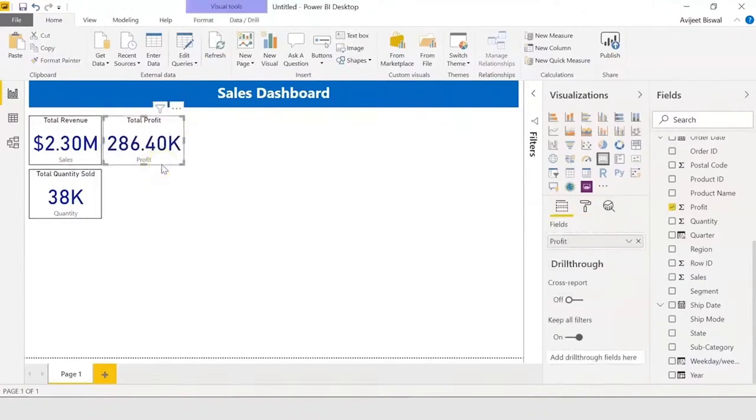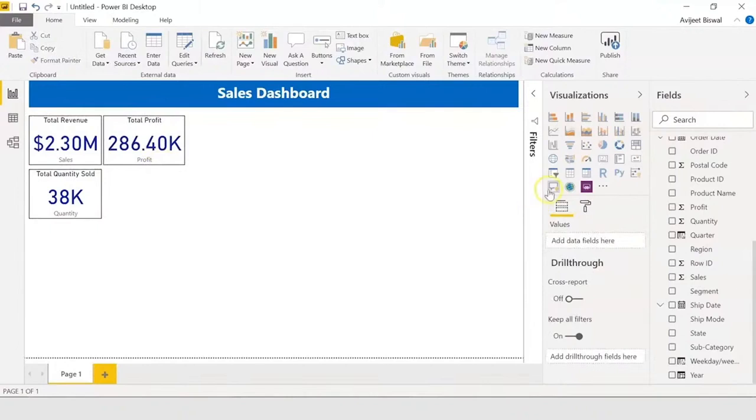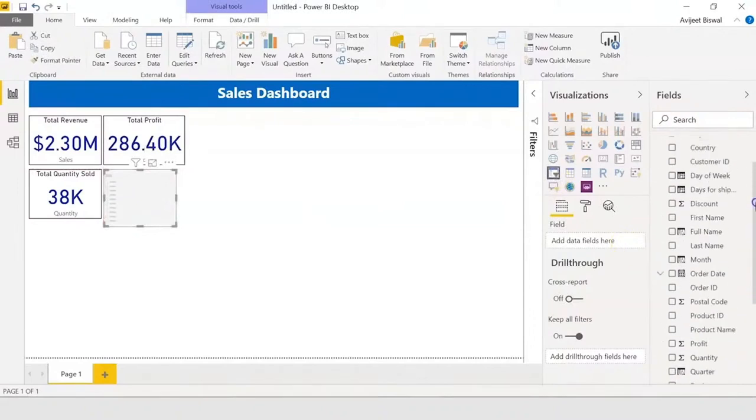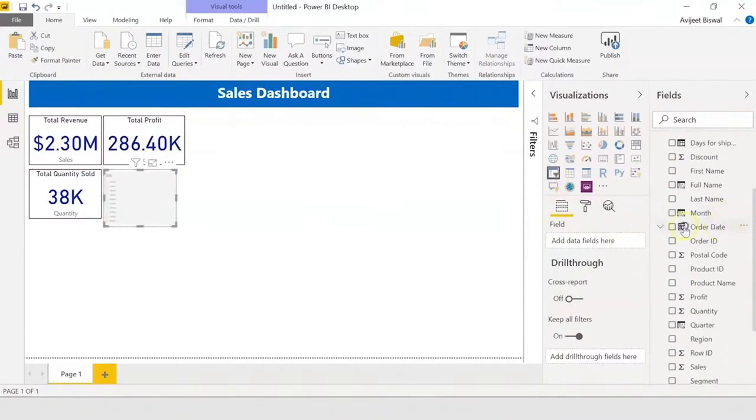Now let me add a slicer wherein we'll have the order date column. So I'll add the order date column onto fields. So you can see here we have the order date column, and